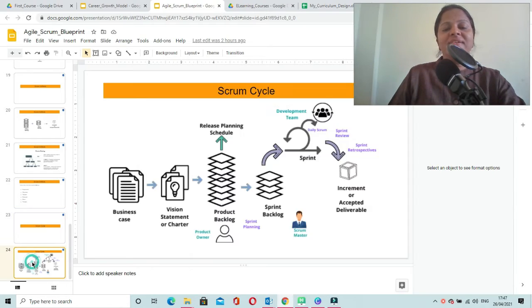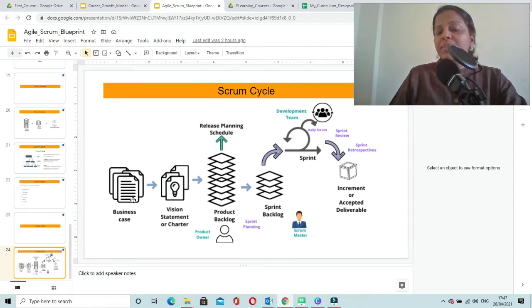Let us get started. Here we can see a business case document. Business case document is normally created by a project team, especially sponsors, in collaboration with other project team members like project manager and other seniors. They carry out a feasibility study, economic feasibility, to understand whether that project is beneficial for the organization or not, and they finalize the business case.